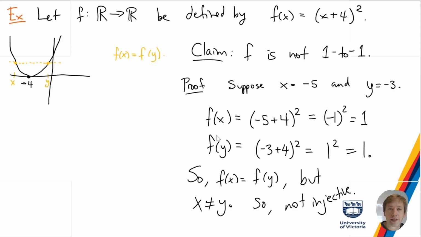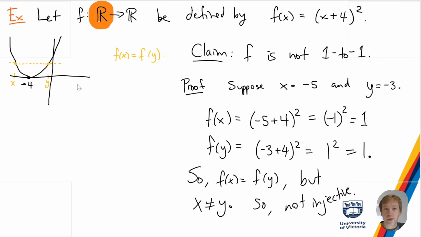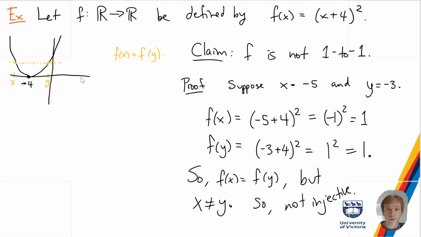So if we go back to this example here, remember this parabola, this quadratic function, x plus 4 squared, is not injective when the domain is the set of all real numbers, right? So when the domain is the set of all real numbers, you can plug in -5 and -3, and they both give you the same f value, so it's not injective. However,